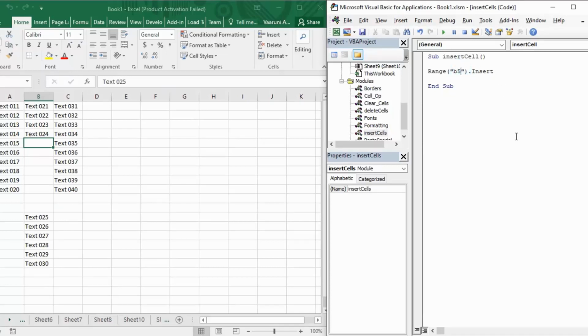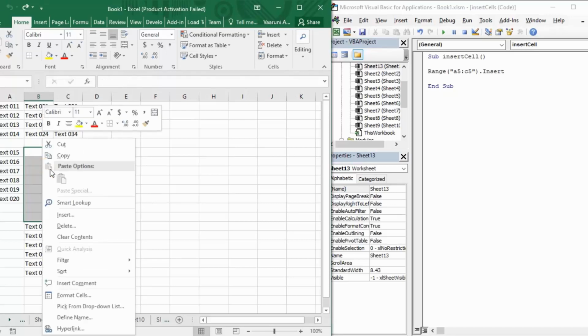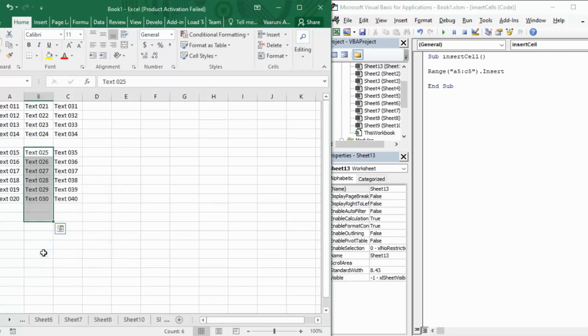If you provide a range over it, suppose B5 till C5, or from A5 till B5, you want to insert some cells. You click on Run, and these 3 cells have been inserted newly and all the rest of the cells have been shifted. Let's delete these cells by shifting them upward.